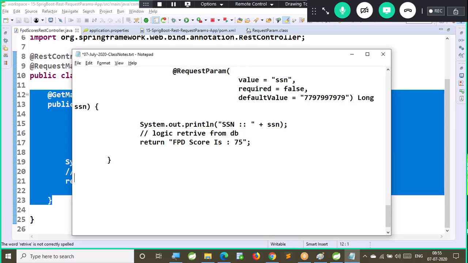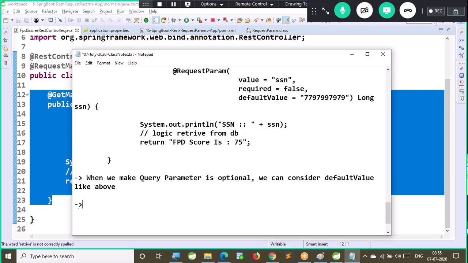When we make a query parameter optional, we can consider a default value like above. If a client sends that value, preference will be given to the client value. If the client did not send that value, preference will be given to the default value.